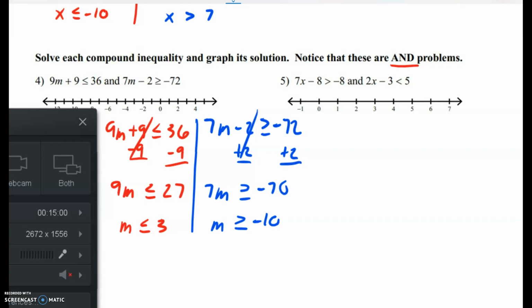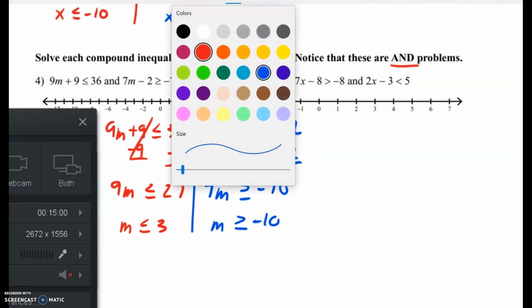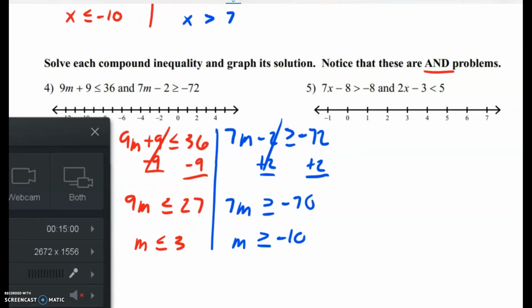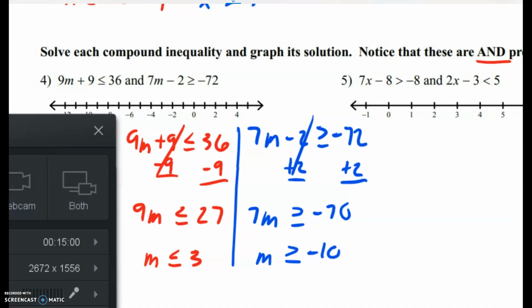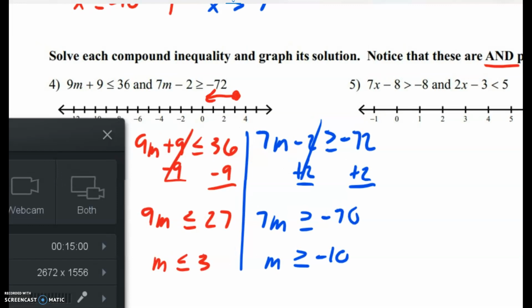So I've got m is less than or equal to 3 and m is greater than or equal to negative 10. Now watch what happens when I graph these. Don't put down this answer quite yet. I've got less than or equal to 3, but then I also have greater than or equal to negative 10. I believe this is the negative 10. So if I put a filled in circle here,